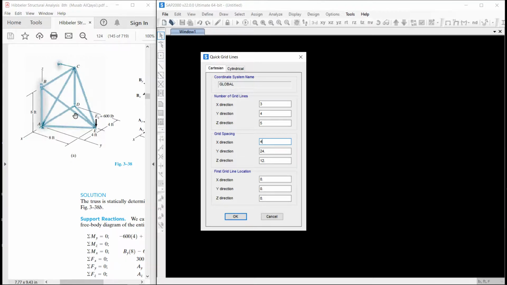And in Y direction the dimension is not given over here, but let it be 8 feet. So let it be X 1, 2 and 3 grids in Y, and the distance be 8 feet. We will change later on. And in Z there are 2 grids and the distance between them is 8 feet.